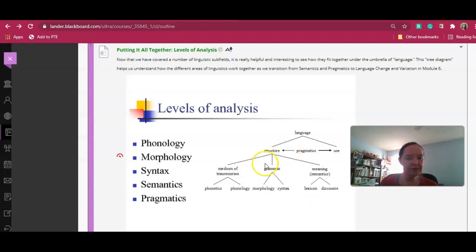Okay, grammar is another area of structure, and we learned about how words are put together based on different types of morphemes, derivational, inflectional morphemes, syntax, all those tree diagrams. You looked at how phrase structure works, how we organize phrases into different parts of a sentence. And then finally, meaning. Semantics is what we looked at last week. So lexicon being vocabulary, discourse is speaking to each other,